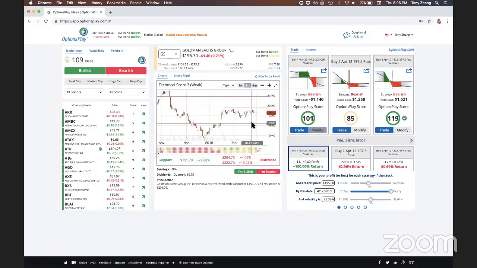But if, let's say, this does pull back to that pre-gap high of around 180, and I think for anyone that's expecting a move lower or expecting a pullback in the markets, that should probably be a fairly conservative target. As you can see, buying the put spread, $3,000 profit on a $2,000 risk. On the put, $2,000 profit on a $2,000 risk. So this is really allowing you to be very flexible in your trading and allowing you to compare different strategies